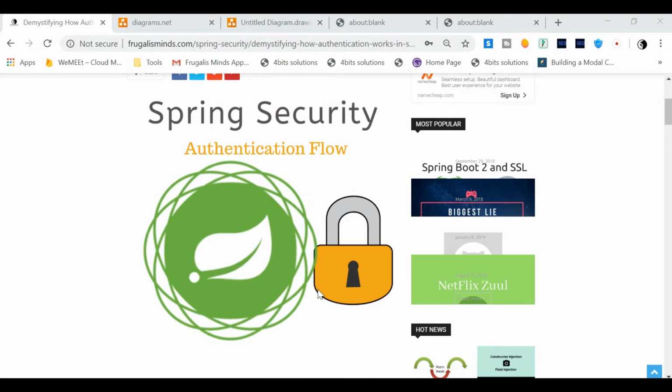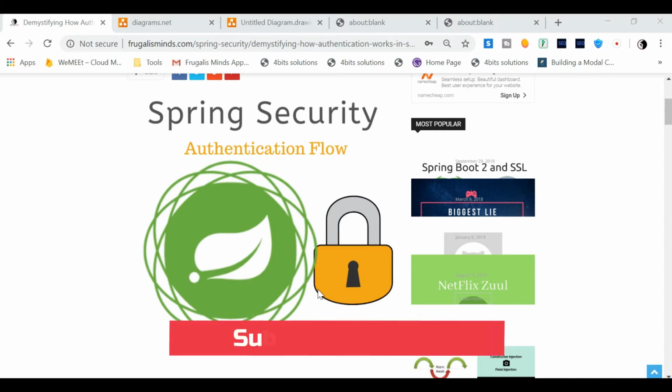In the first step, I am going to describe the authentication, and then in the next video I am going to describe the authorization. Spring Security works basically on these two things, authentication and authorization. Authentication is like username and password: you enter a correct username and password and that user is valid and authenticated. Authorization is, even if the user is valid, he or she might not have access to a particular resource. That's what authorization says. Spring Security also works on these two basic principles.